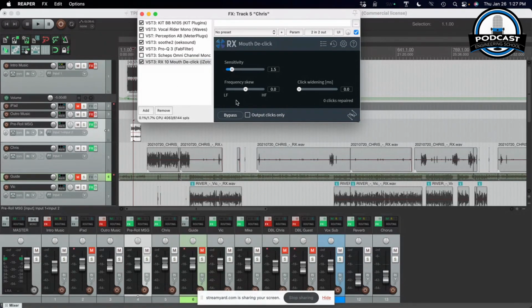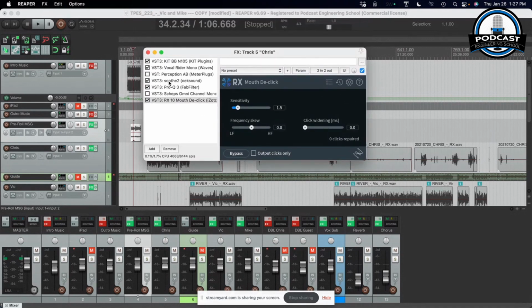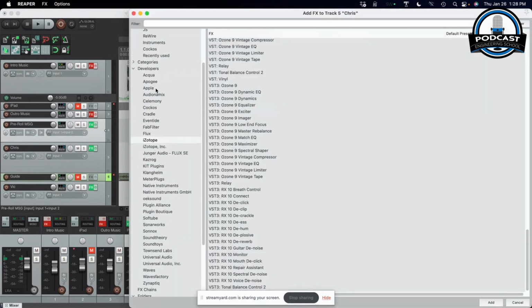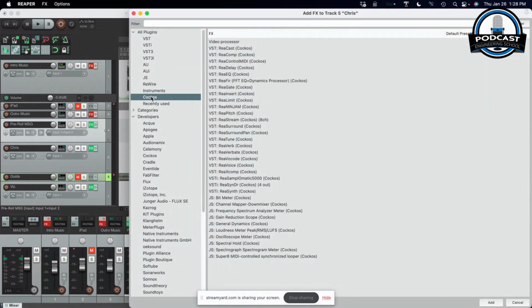So anyway, you could potentially, and there are other third-party plugins you can use, like denoise plugins, and so however you're cleaning up the audio in Audacity, you can probably do in Reaper. Right. Reaper does have built-in plugins. What is it? The Cockos. Yeah, Cockos is who makes Reaper. So these are all the plugins that come with Reaper. But I got to be honest, they're